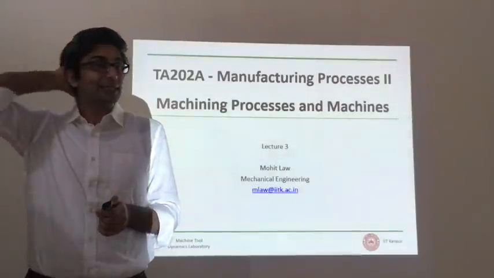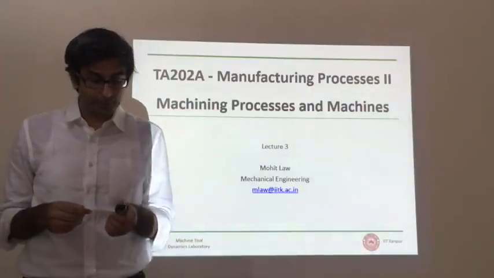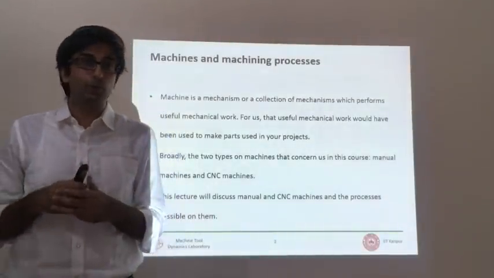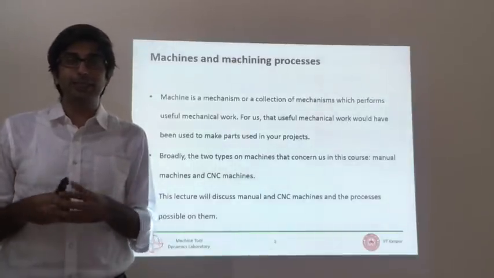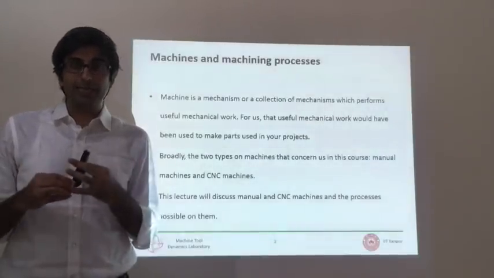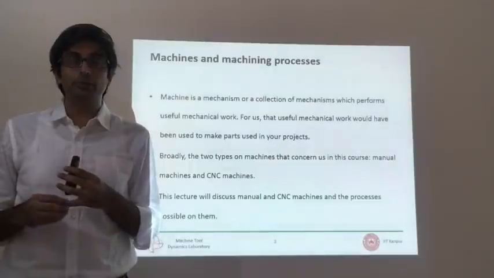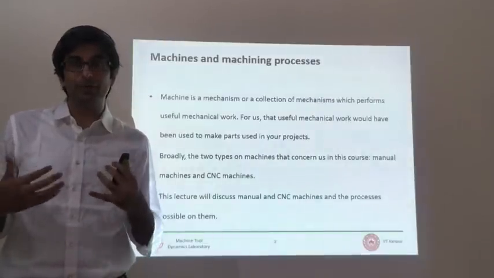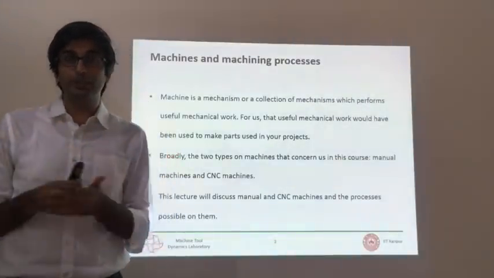Now what we spoke about in the last lecture was mechanisms, and if you remember, mechanisms are essentially about the geometrical aspects of motion, and we spoke about several different mechanisms. I mentioned there, and I will say this again, that a machine essentially is a collection of many different mechanisms. And you collect those mechanisms because you want to move the tool in relation to the workpiece. You want relative motion between the tool and the workpiece so that there can be useful work, and that work, for our concern, is to make parts on these machines.